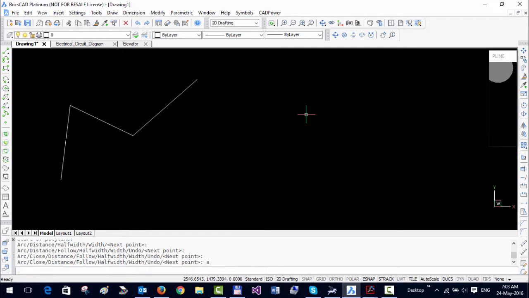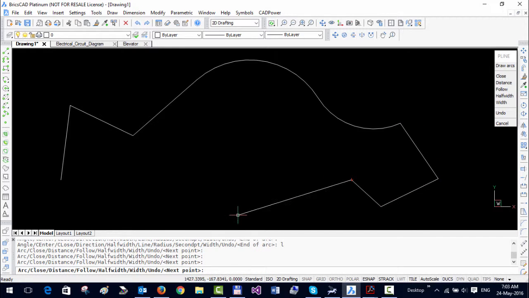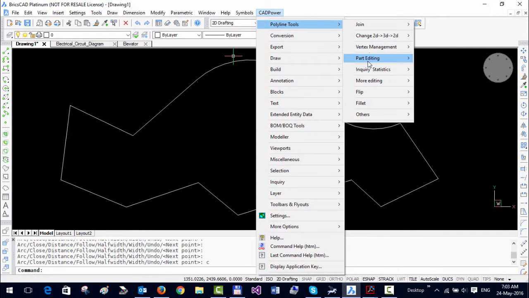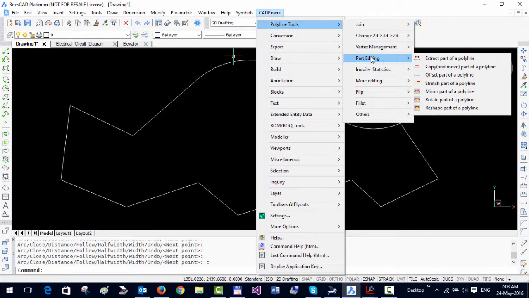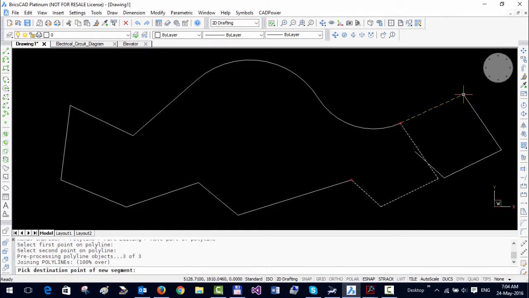I'm going to create a polyline and include a few arc segments as well. And I'm going to use a tool called part editing. So in part editing, you can see there are options like extract, copy, offset, stretch, and so on. So I'm going to use copy. I'm going to pick the first point and the second point, and you can see that CADPower has extracted that